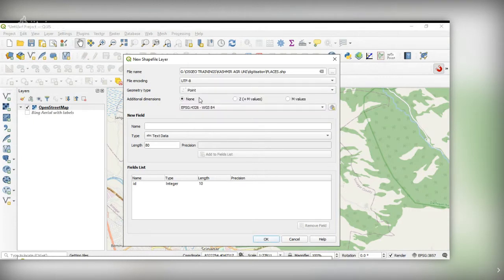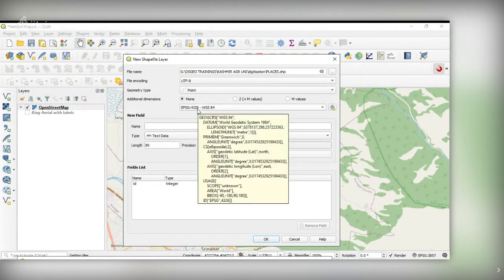The next important thing is the spatial reference system, or coordinate reference system. There are two types of coordinate systems. One is a three-dimensional coordinate system, another is a two-dimensional coordinate system. Your latitude and longitude in terms of degrees, minutes, seconds are three-dimensional coordinates because they are angular coordinates.